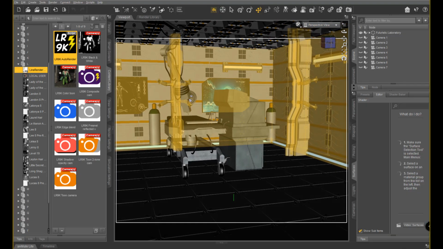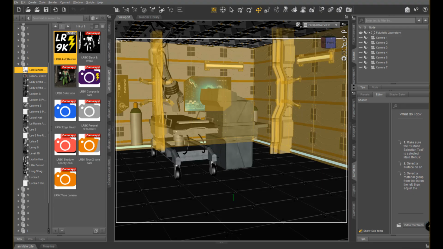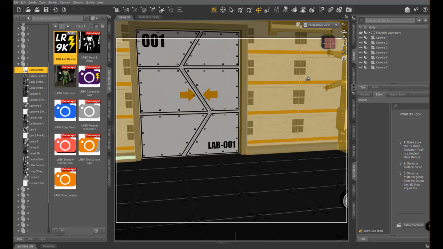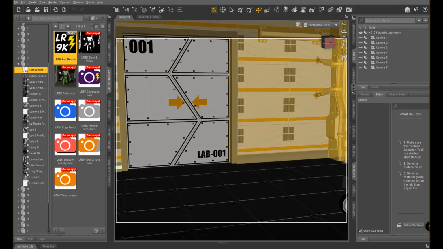Now, the one thing I'm going to point out about this particular scene is that this is a small room. You can see as I turn around, I actually go through the wall, so I have to zoom in a little bit to get back into the room. And I don't know if anybody has come up with this problem before, but